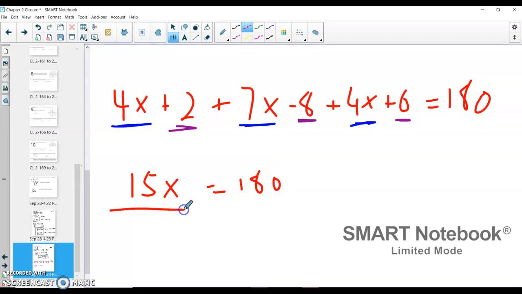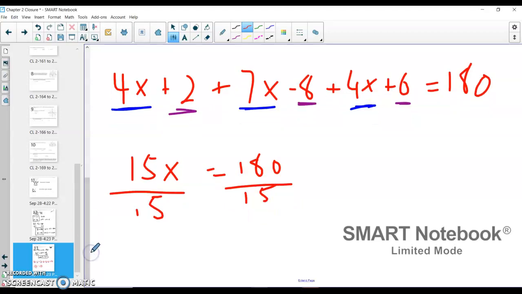All right, now we've got to do 180 divided by 15 to figure out what x equals. Let's see if we can do this in our head. So we have 15 times 4 would give us 60. 60 times 3 gives us 180, so we can do 4 times 3, which should give us 12. Let's check that on a calculator. Does that calculate out correctly? So 180 divided by 15, that is 12. Nice, my math works. So x equals 12, but that's not the answer, because what we need to do is